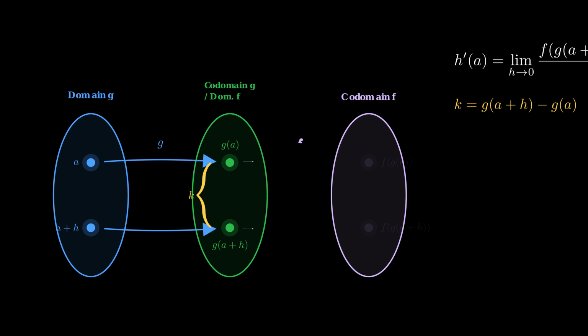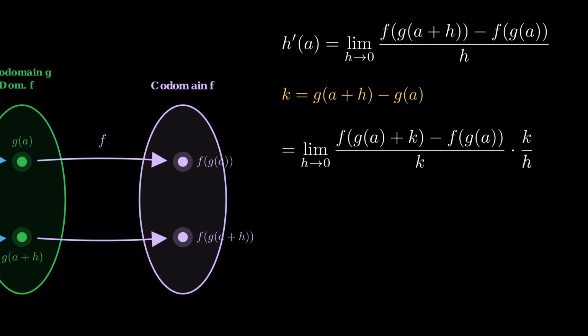Finally, the outer function f takes these intermediate values and projects them into the last set. The final change we want to study is the rate between this output change and the original h. Here comes the classic algebraic trick. We multiply and divide the expression by k. This is equivalent to multiplying by 1, so the equation remains identical as long as you assume this increment k